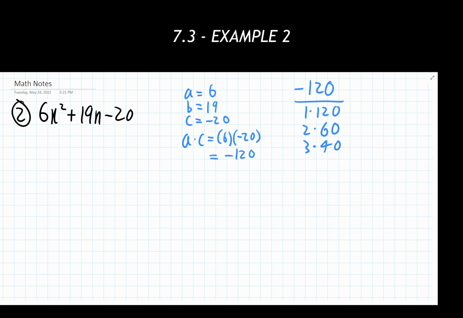Now, I'm going through, and I've calculated these. I've done these off to the side using a calculator. So if you need to use a calculator to help you check each of these, that's perfectly fine. I recommend doing that because when we get to big, large numbers like 120 or ones bigger than that, it's not always easy to figure out and calculate all of those in your head. Just make sure you're counting up by 1 in the left-hand column, and then you're listing the larger numbers on the right side.